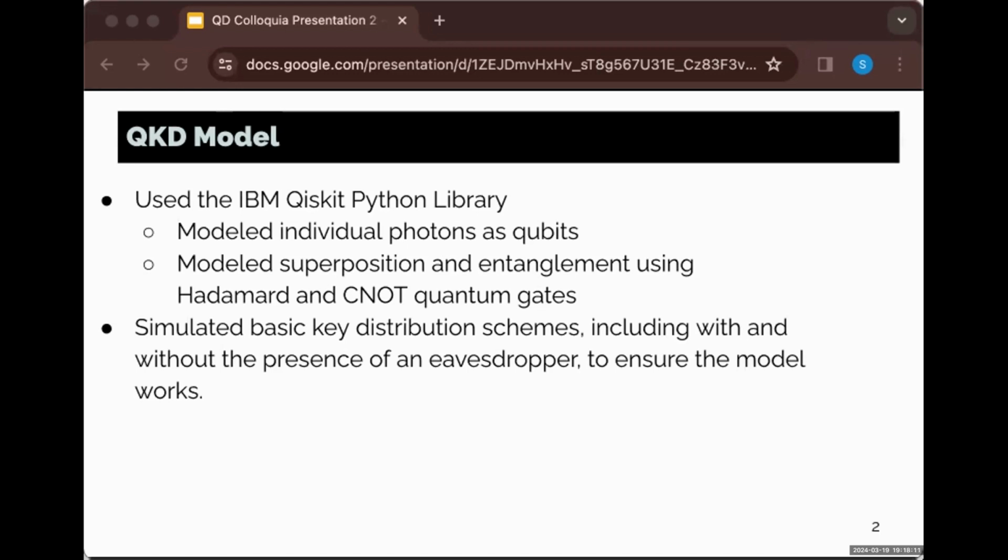Finally, we will incorporate our noise model with our quantum dot model to analyze the effect of noise on the quantum dot's QKD system. We will discuss this in more detail later, but as a quick peek, we will likely add depolarizing, dephasing, and amplitude damping noises to our QKD model to simulate the likely environmental noise factors.